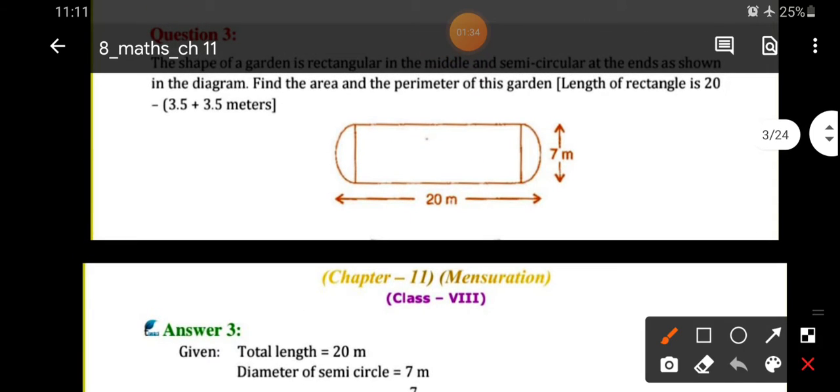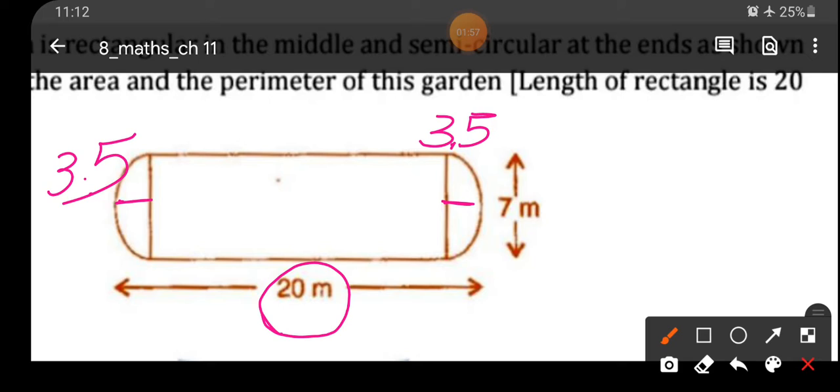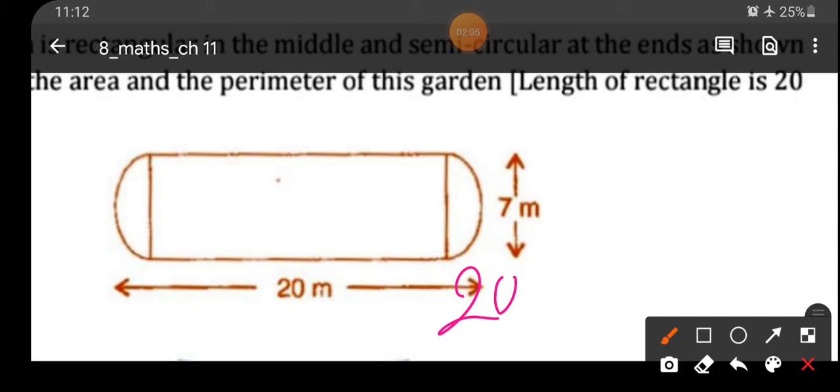Now you can see this is the radius, okay. This is because it's a semicircle. This is radius, whatever I am drawing, okay. So let me zoom it. If this part is of length 3.5, here also it's 3.5 because it's a radius. So if you subtract that much length from this 20, we will have the length of this rectangle, okay. It means you have to subtract 20 minus 3.5 minus 3.5. So that is 13.